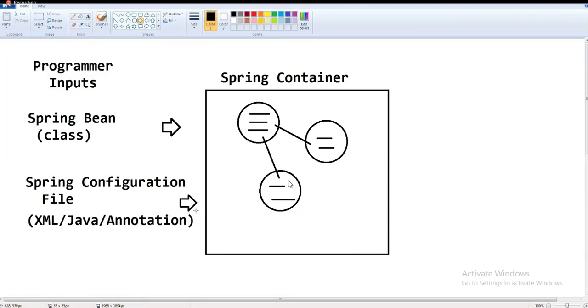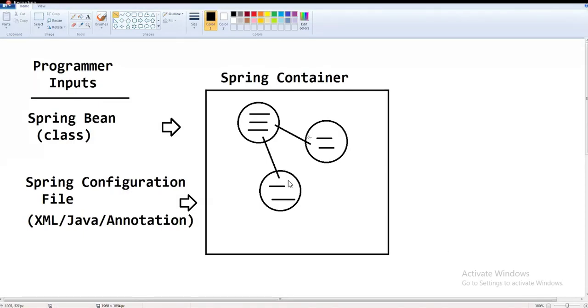This is the second input. By taking these two inputs, the container will do this task. In Spring, the programmer has to write these two: Spring Bean and Spring configuration. Both must be given by the programmer only.